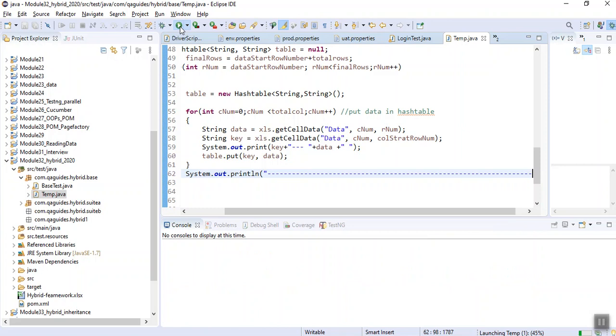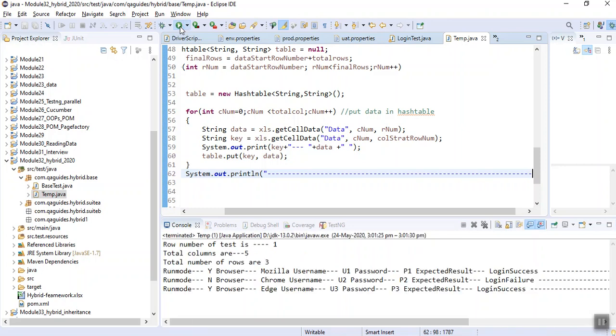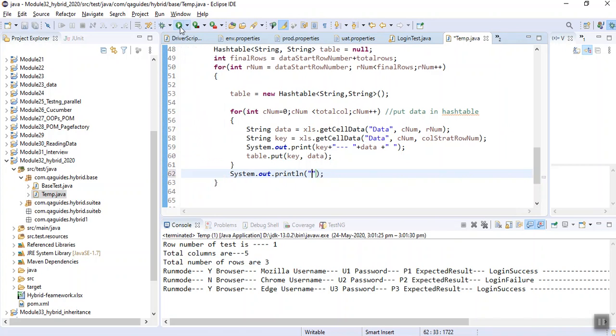Sorry. I put the key and data in the table.